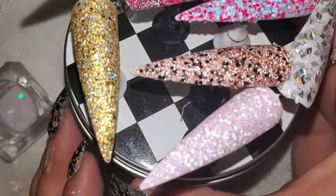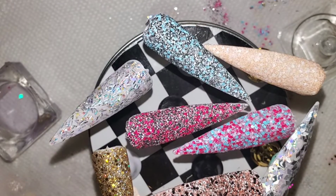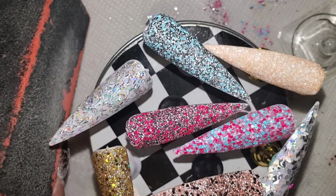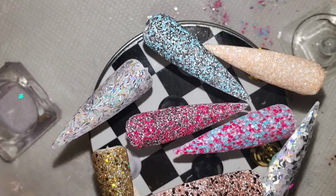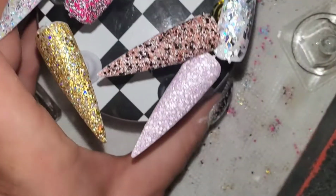So what I'm going to do is give them a quick buff with my coarse buffer. Where's my newer one? I don't know. I'll have to use this one. But I just use one of these coarse buffers here. And what I do is